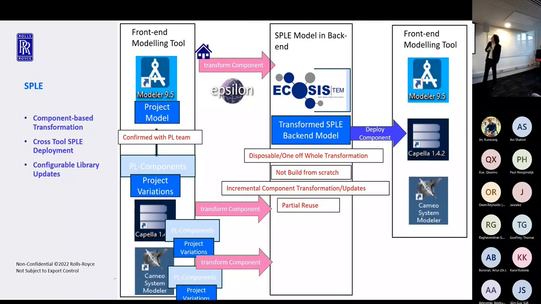The software development stuff, because each project we develop right now is not only for that project. We're developing our system product line as well. So you can click the button, generate from the library for your reusable design. That will be achieved through the transformation as well. So each front end keeps doing the project stuff, and then we will have the product line team to review your design and think about whether to bring it up to the library. If they decide yes, we will transform to our backend, it becomes the library.